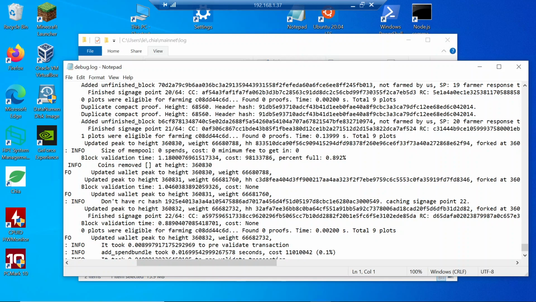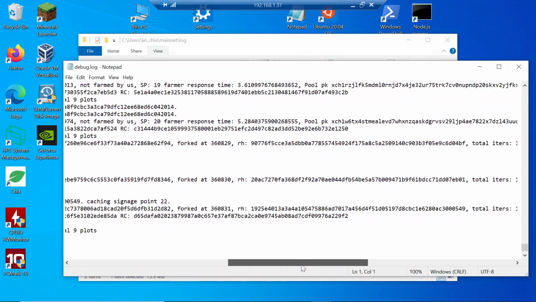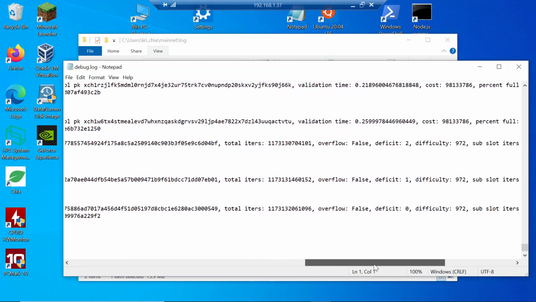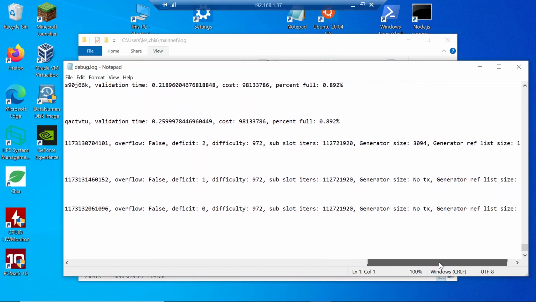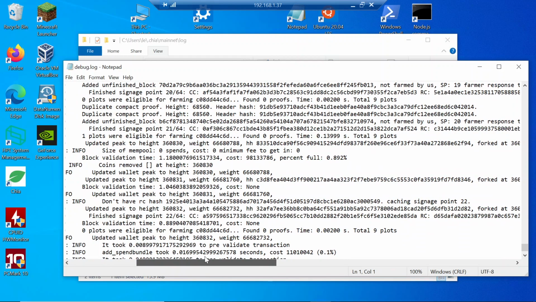We have a total of 9 plots, and the whole block validation time was nope. Let's see, there should be something which gives us an overview over the whole time. Nope, not here. Here, yep. It took 1.8 seconds to validate the block,